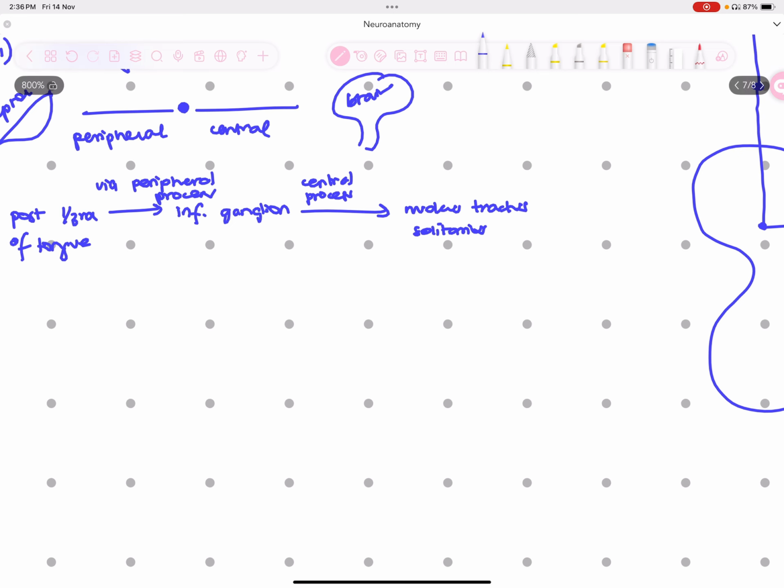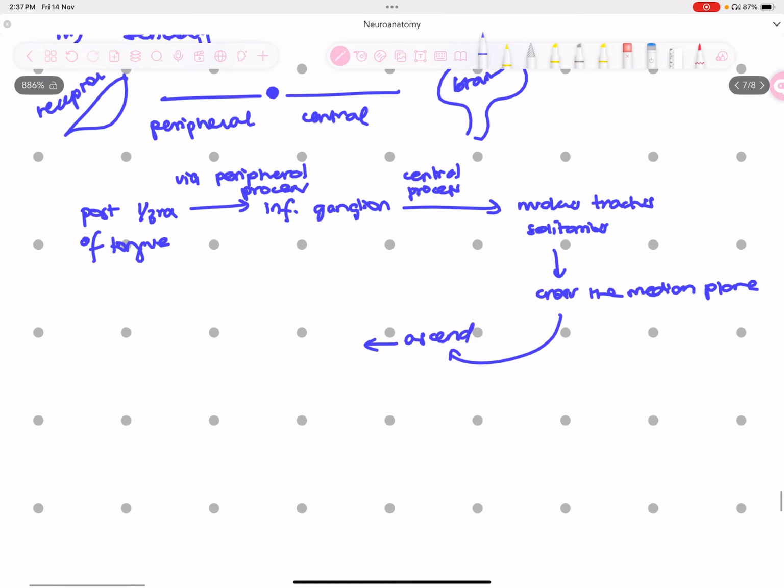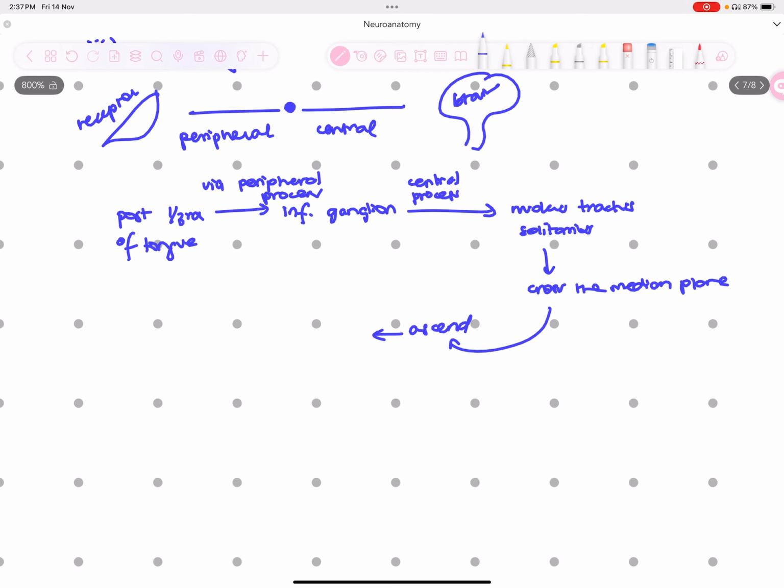They're going to cross the median plane, and then they're going to ascend to the ventral posteromedial nuclei of